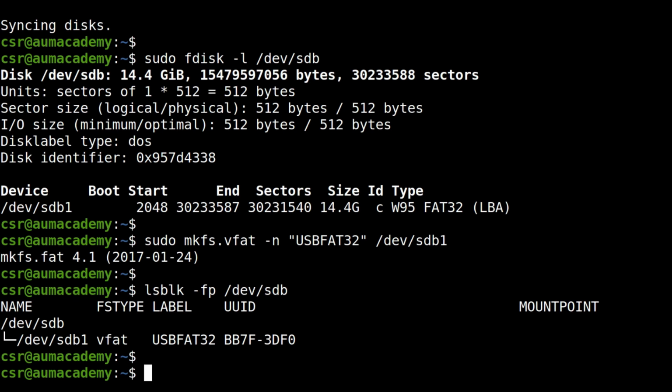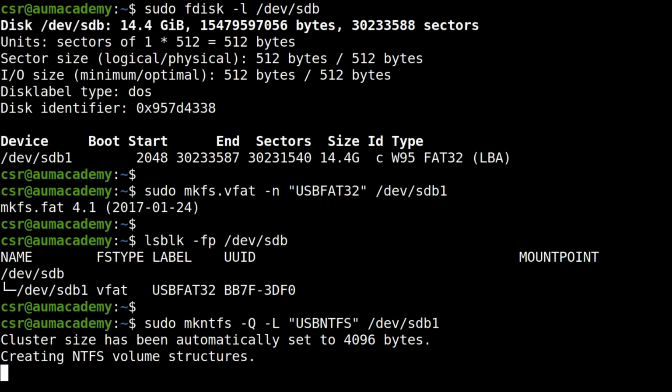For the NTFS file system, type sudo mkntfs -Q -L usb ntfs /dev/sdb1.